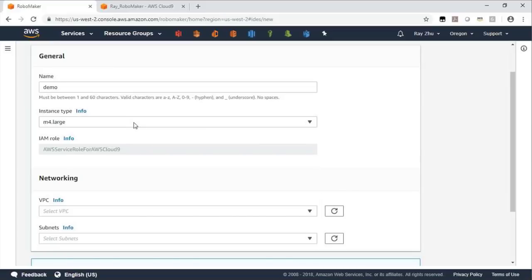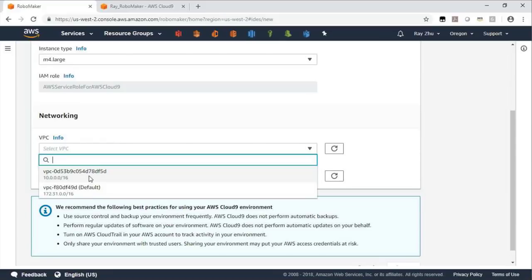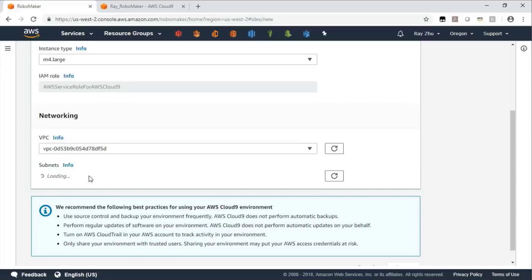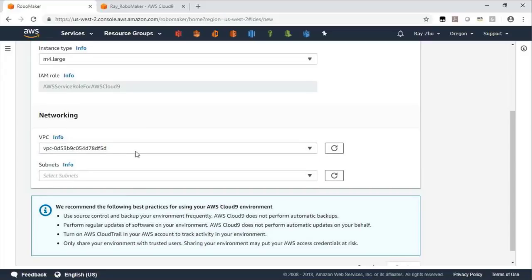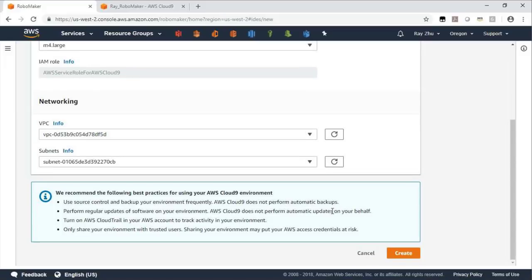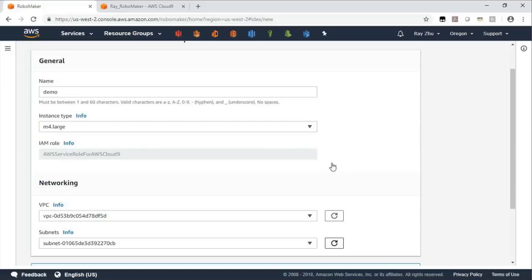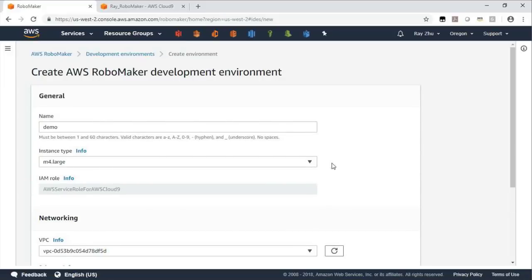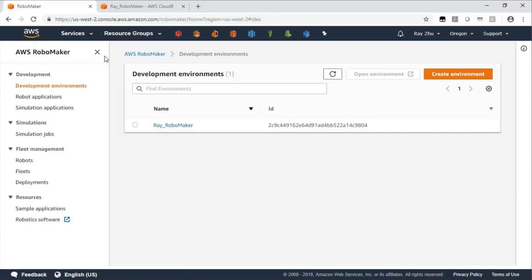You can also assign a VPC to that instance for communicating with other AWS resources that you own. And afterwards, you just click on the create button, then the dev environment will be automatically created for you. And minutes later, it'll be up and running. And for this demonstration purpose, I already have a dev environment created called row_RoboMaker. And if I click on open the environment here, it'll bring me